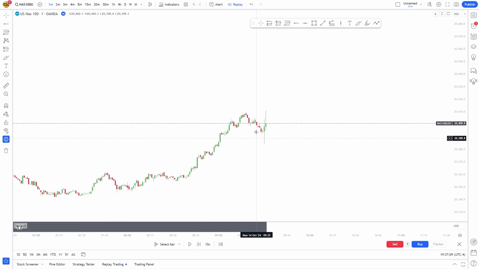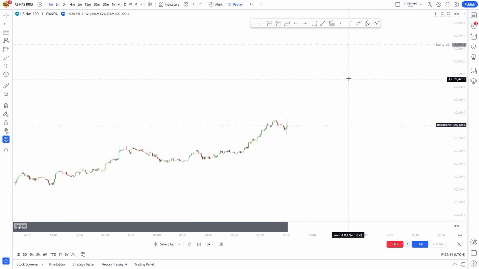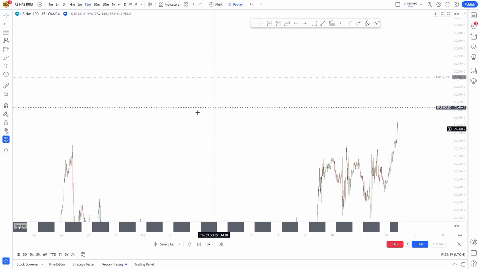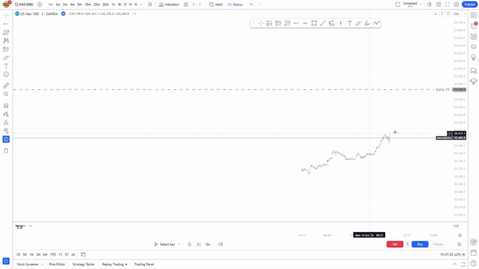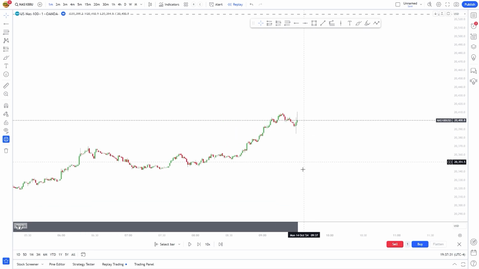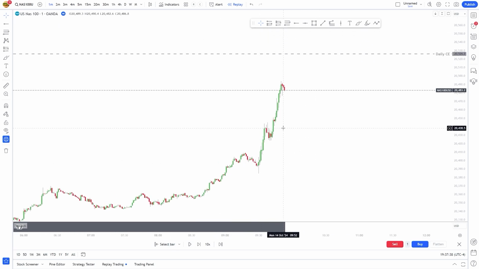Okay, right now I've skipped to 9:30, and again, we're still not there at this level. If we zoom out a little bit more, there's nothing much on the 15-minute chart or 30-minute chart. It's just all from that daily chart. So let's keep playing. Let's see what happens at 10 o'clock or 9:50. Okay, so from 9 o'clock to 9:50,